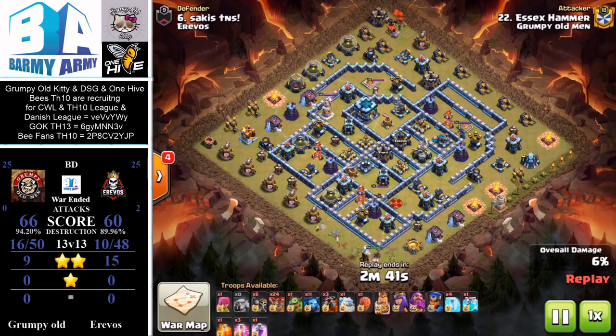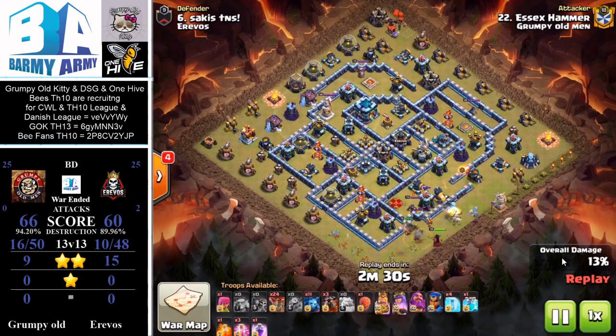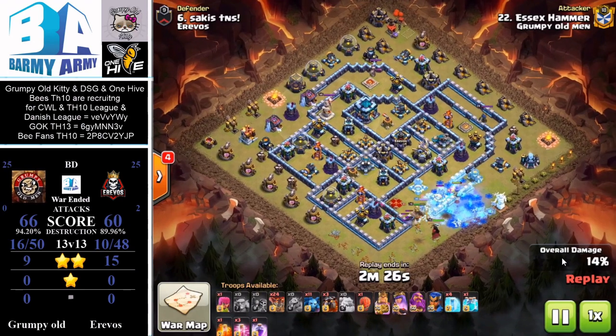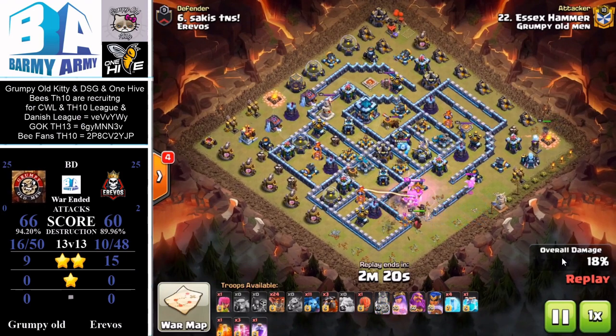So as you can see here from this hit, he's going in with the Queen Walk, King Walk at the start. He's got a baby dragon to create his funnel. He's got an ice golem to tank for his queen to get inside. Obviously that's going to freeze up the point defenses when he gets in there. He's got his champion on the far side at 3 o'clock, and he's going to push in now with his